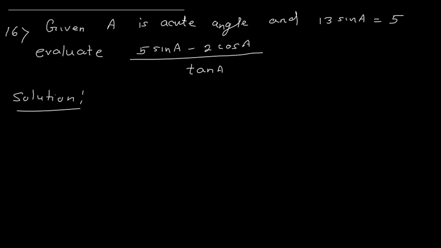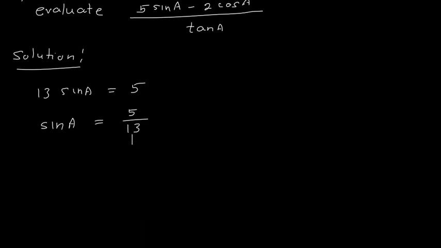So solution here, what is given? We have given 13 sin A is equal to 5. So 13 sin A equal to 5, that means sin A is what? Sin A is 5 upon 13. Now I have the value of sin A. What should I find? Cos A and then tan A. So sin A is 5 upon 13. We know that